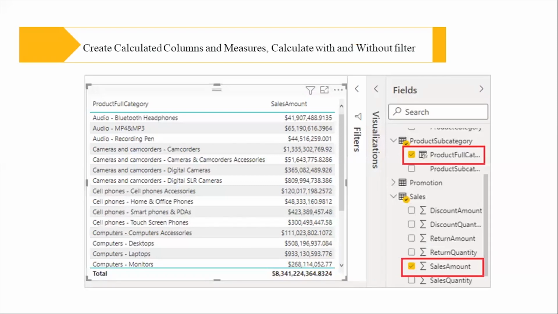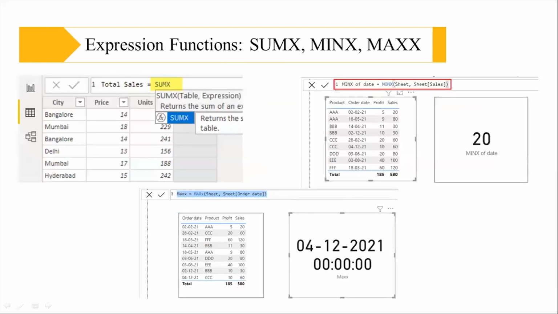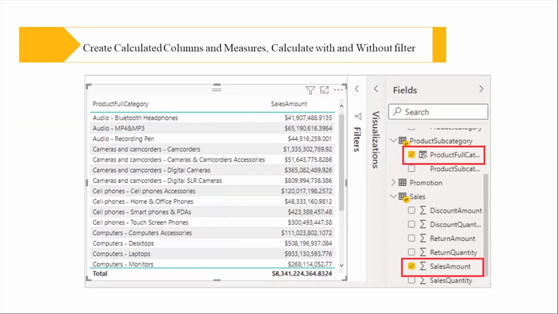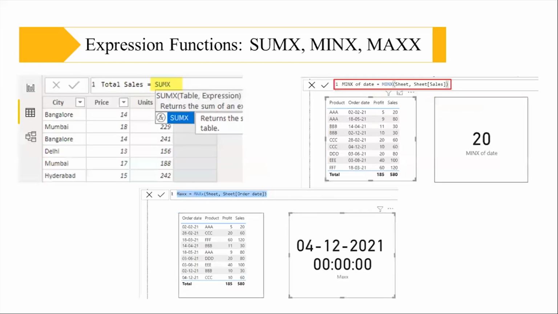Now, something comes as creating a calculated column, measure, and calculation with and without filters. Okay, so what is that? Like creating calculated column measures, you can use SUMX, MINX, MAXX. So sum, min, max, creating these calculated measures is something which we have done as a DAX query. You can create a calculated measure, you can create the calculated columns, you can filter out those data with those